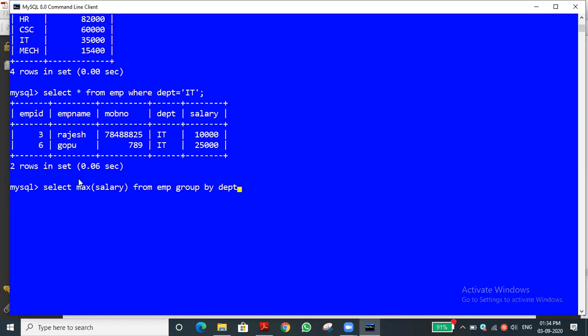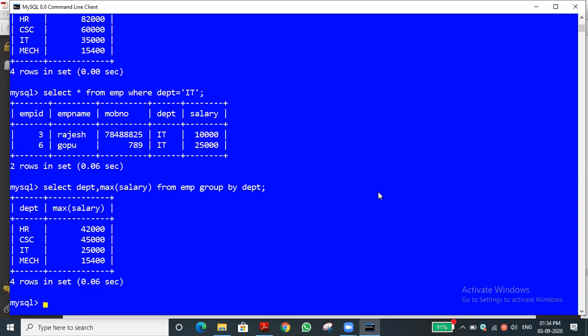I will add one more value also: if you want to mention the department, SELECT department, max of salary. You can see this. It will tell, in each department, who is getting the maximum salary.